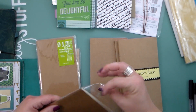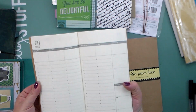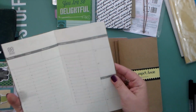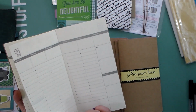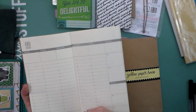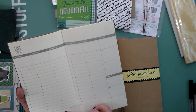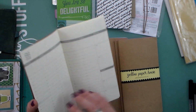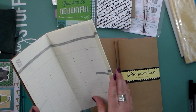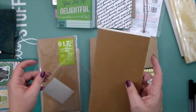Midori also makes their own calendar inserts. So as an example, this one, I think, is a week on 2 pages. And then you can see it has a timed 8 o'clock to, oh, it's military time. Well, that's helpful for those of us who don't know military time. But anyway, I bought extras of these. I didn't,